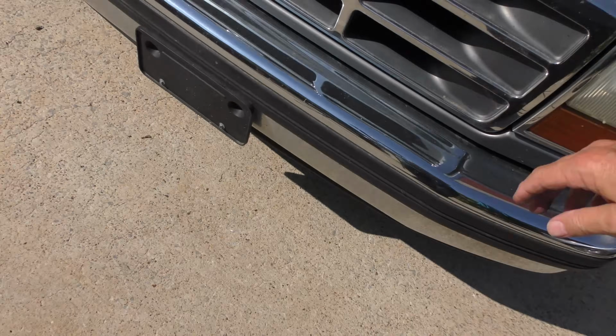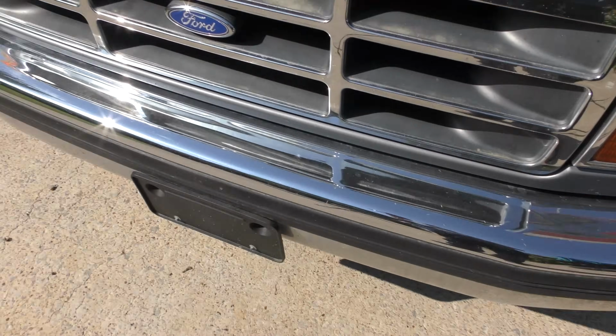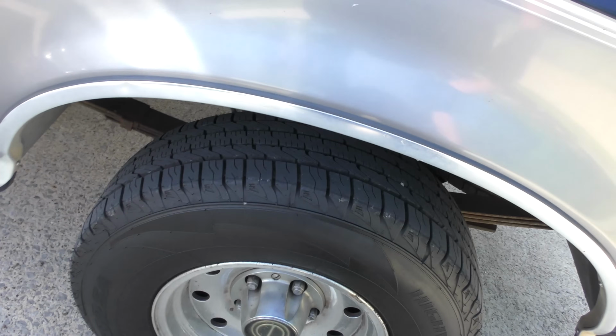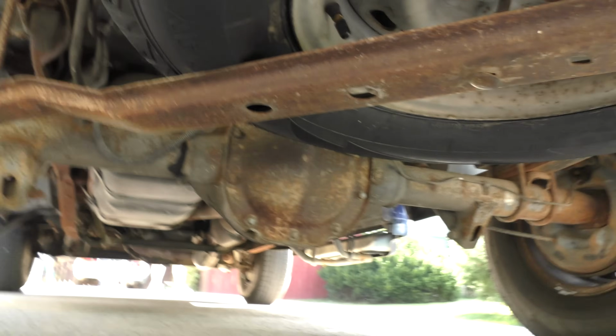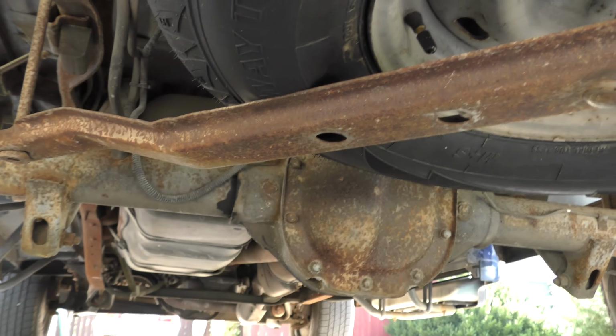Something you'll never see anymore: real chrome. And look, it's still shiny. They used to chrome plate them a lot better too. It still has the original wheels. And yeah, they're a little dirty, but you could polish them up if you wanted to. And this is a classic pickup truck. It's got a V8 engine and rear wheel drive with a gigantic solid rear differential that was really